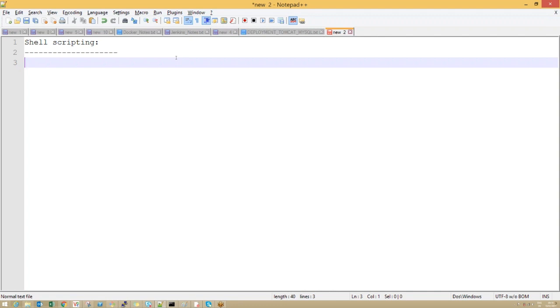So to perform that part-time work, you should be equipped with at least one scripting language for sure. Otherwise you cannot automate real-world things. That's the reason the person coming into this role must and should have knowledge of any one scripting language. So we need to go through one scripting language. You can go with any scripting.